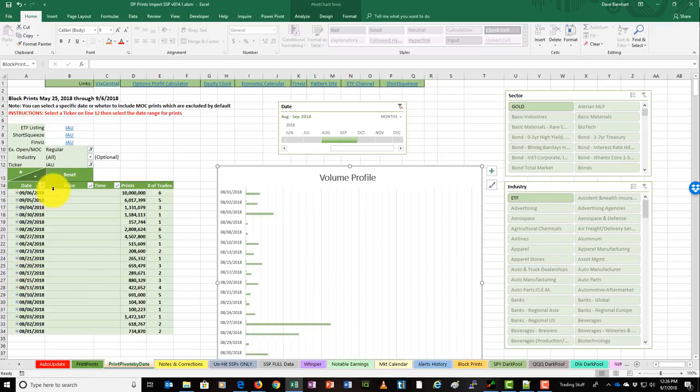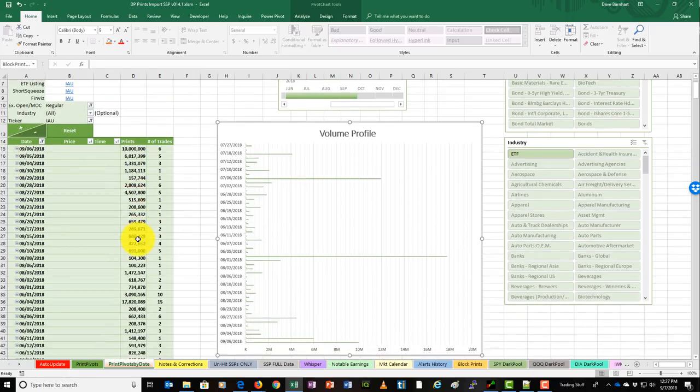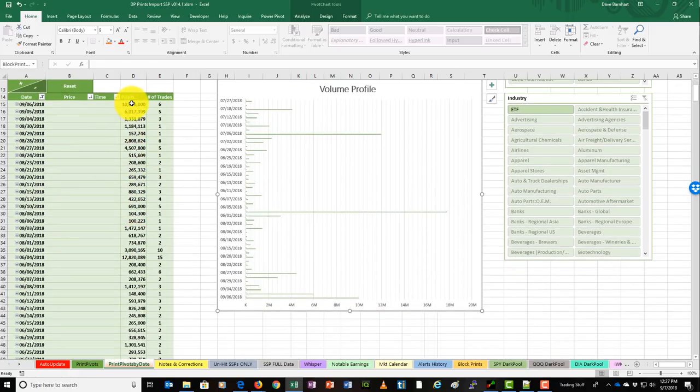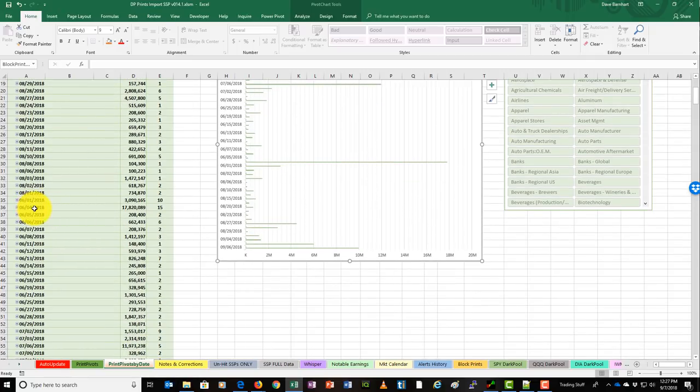Now the downside of adding multiple tickers is it's not splitting that out by ticker; it's all going to be combined in these dates. So it's better to look at one ticker at a time and see what the price point per date is. So if I go back here, I've got my date set as months. If we go back, say, June to September, then we can scroll down and see that on the 6th, yesterday, there were 10 million prints, but then if we look back on the 4th, June 4th, there were 17 million prints. So I'm going to expand this one,